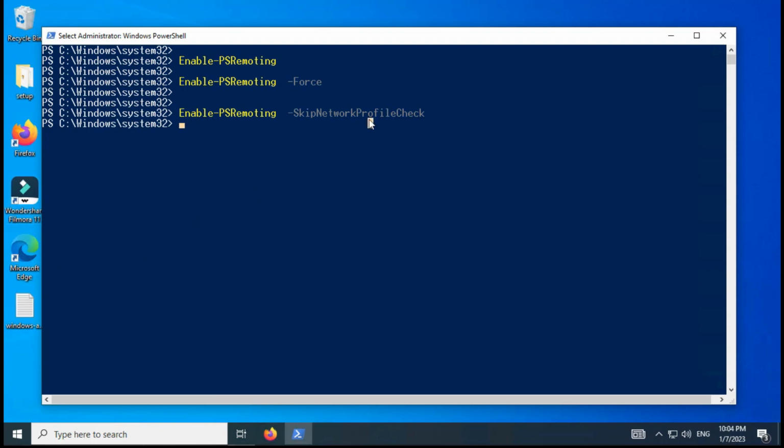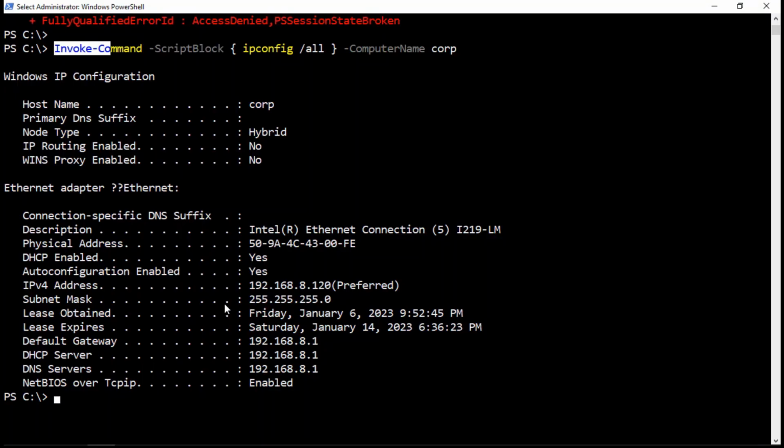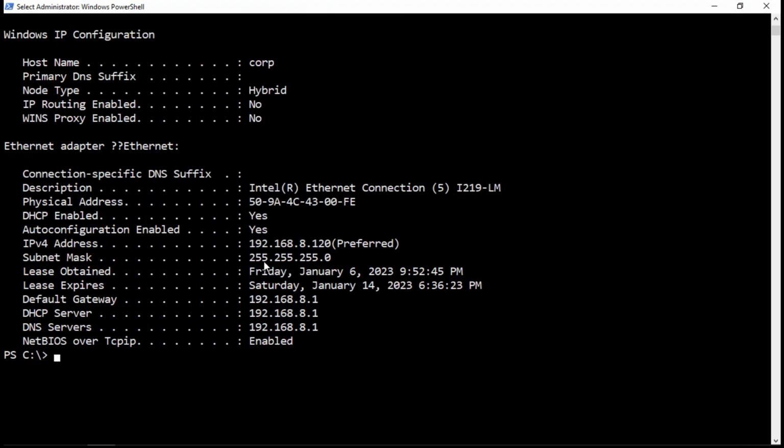I'm on a work group, so I will not add my user, and there is no Active Directory in my environment. In case in your environment, you will have to add your user as an admin on the remote machine and have to be part of the Active Directory. Okay, I will go back to my local machine and I will test our connection using Invoke again,